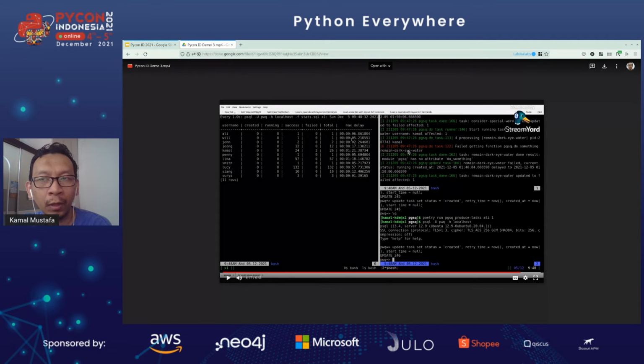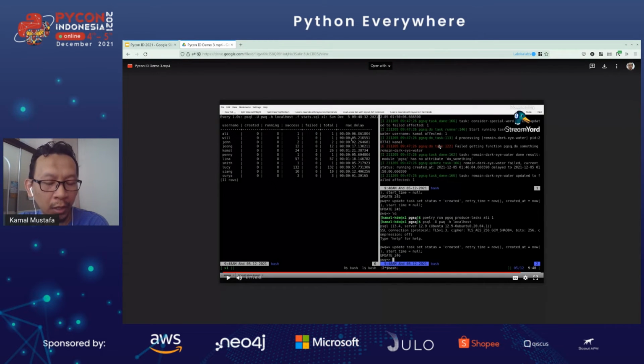But the problem is that we can't retry this immediately, right? Because if we do that, then the queue will just keep processing the same task again and again. So we have to implement something called exponential backoff retry, where